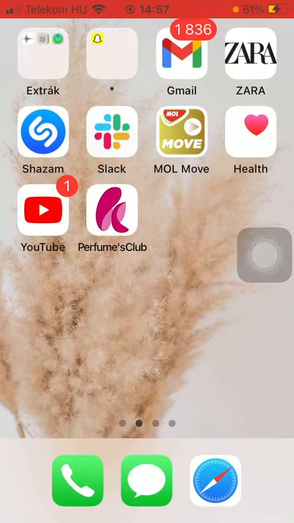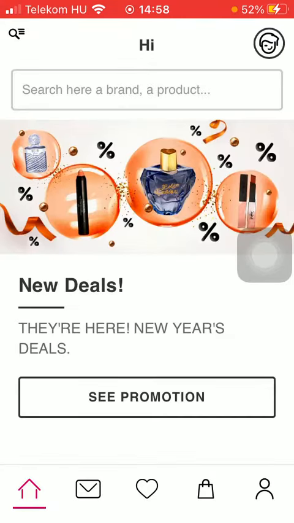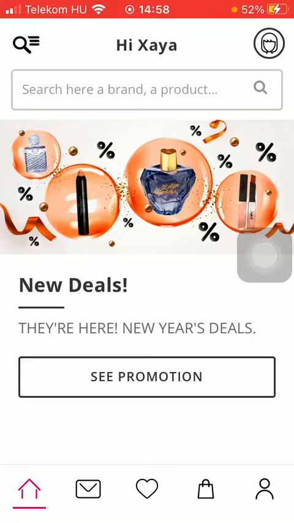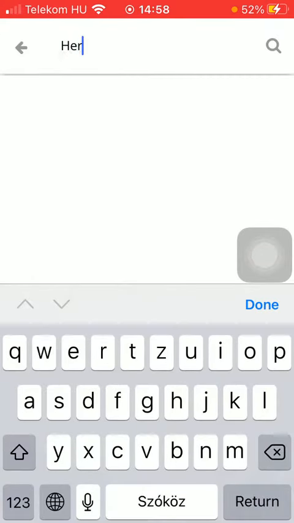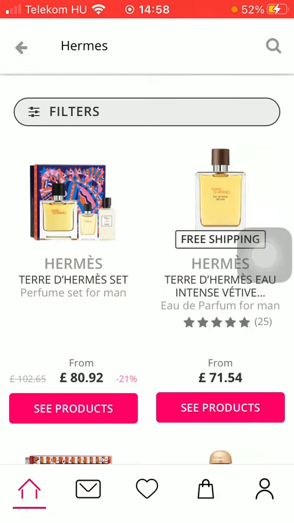So let's jump into it. First of all, open the application on your phone. After that, you should tap on the home button down below in the left side corner of the screen. Then select the product that you are interested in. Tap on it. Scroll down